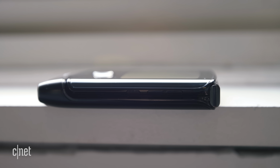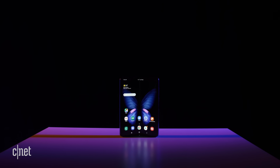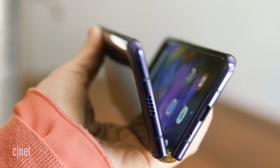The one thing that we haven't talked about yet, and this is going to be the most important thing for most people, is the price. At $2,000, specifically $1,980 for the Galaxy Fold, that is insane, and this positions it as a phone that most people